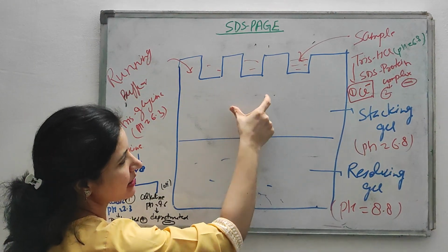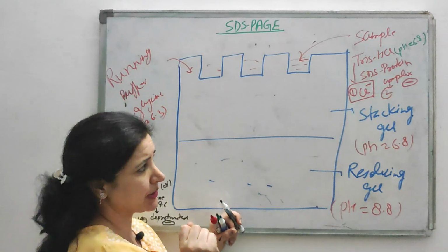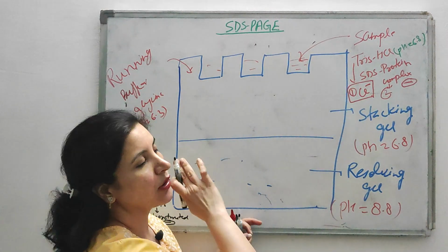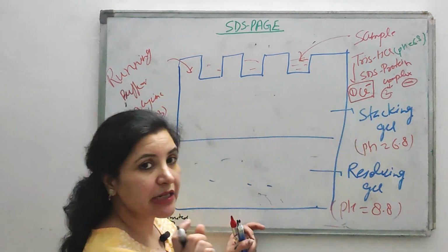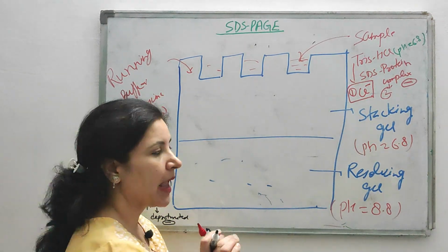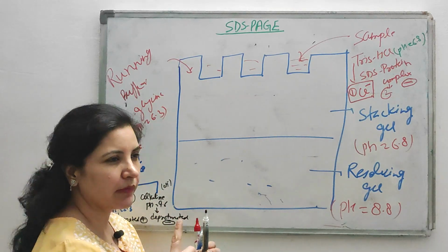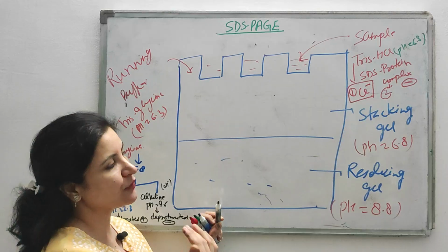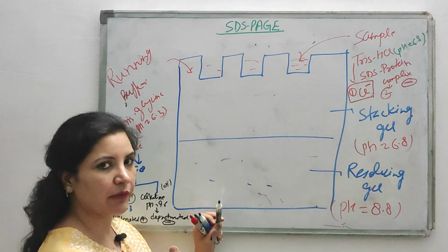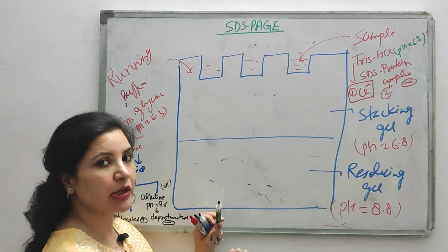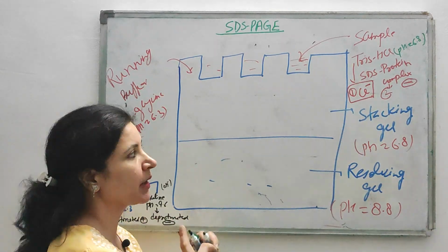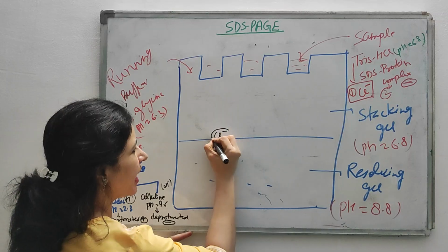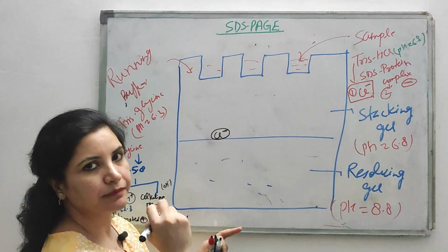So now what happens in this gel? First let's understand what happens in your stacking gel. So out of the chloride, protein and glycine, the chloride ions are smallest in size. Okay. And as you remember from your previous knowledge of the electrophoresis class which I have taken, the molecules which are smaller in size move faster as compared to the molecules of larger size. So the first ions which move in stacking gel are your chloride ions.